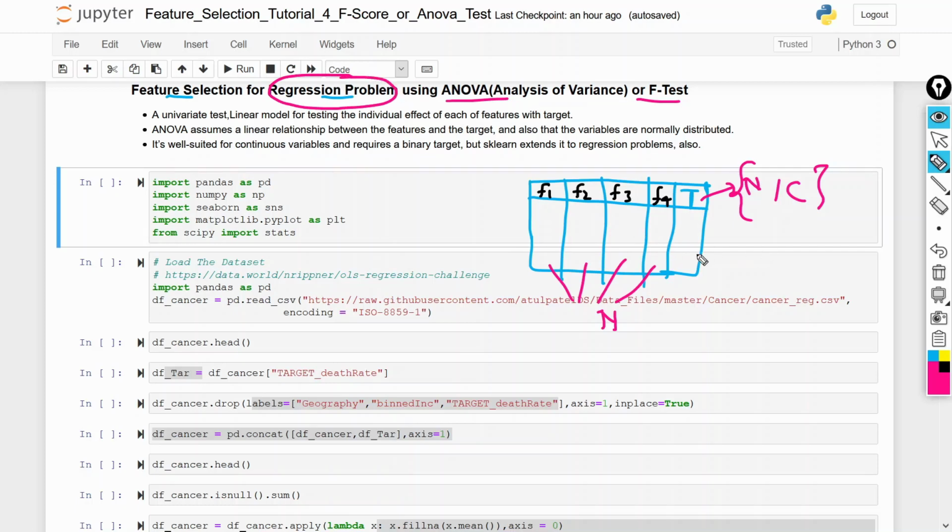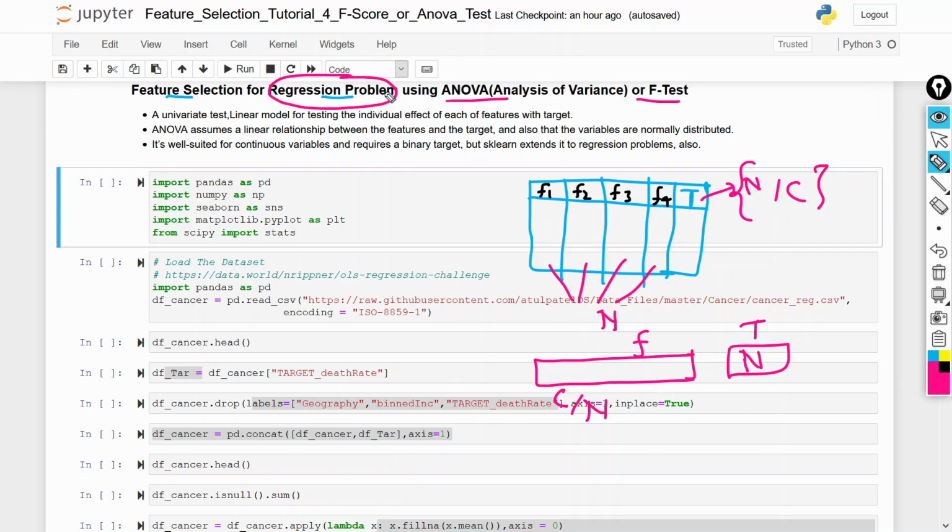In the regression problem, our input variable could be anything. It means these are your features, and your target should be numeric. So feature could be categorical or numerical, but your target should be numeric. If you have this type of feature, you can use the ANOVA or F-test.